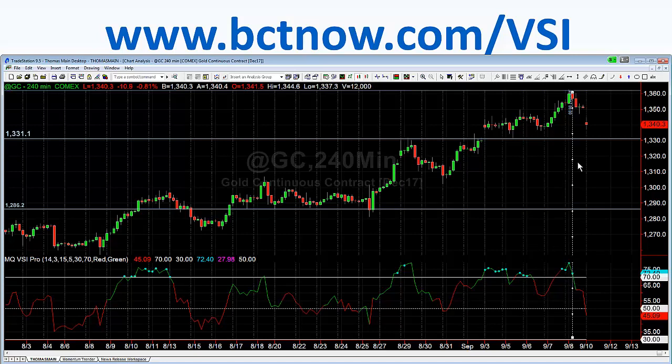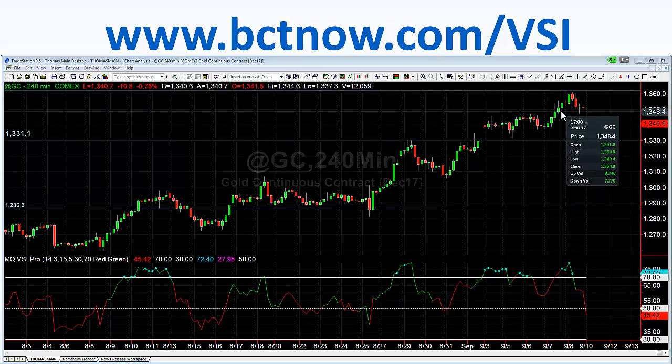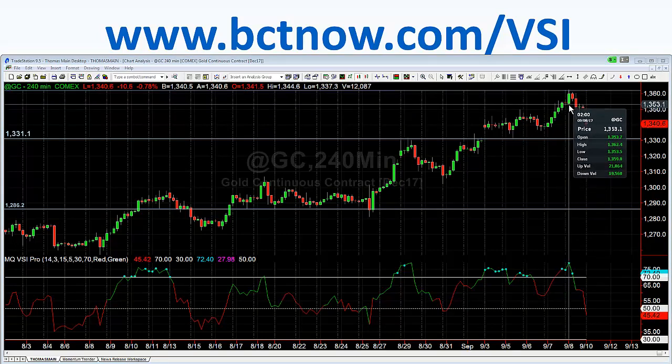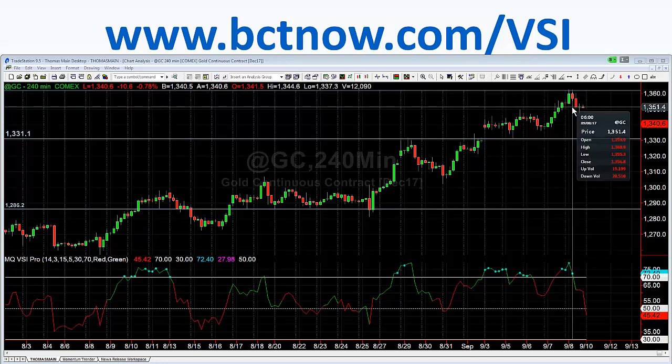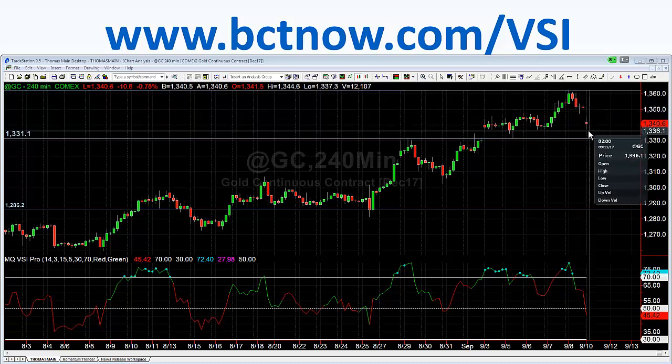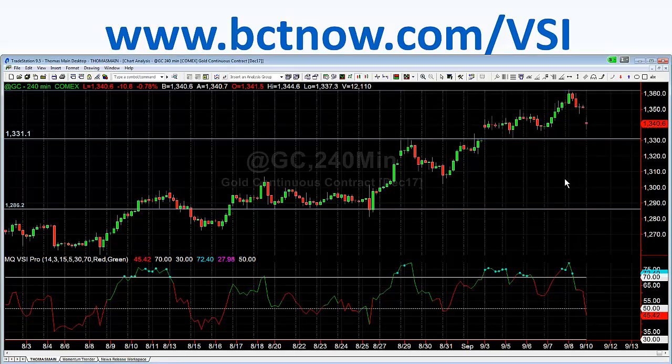The trigger for the volume reversal has to break the previous bar's low, and this is why. You first got your volume reversal right here, and it never triggered, and then it continued to climb. Never triggered. Climbed again, still never triggered. Then it started to stall, still had the volume reversal active, but never triggered. And then it triggered, and as soon as it triggered, what happened? We accelerated straight down.